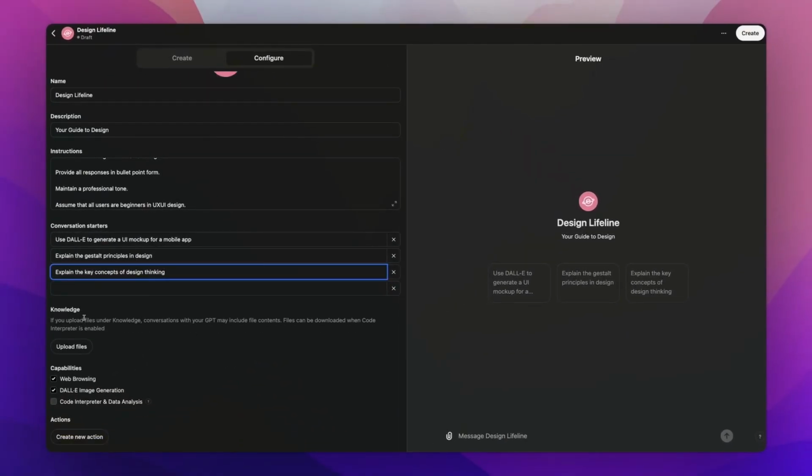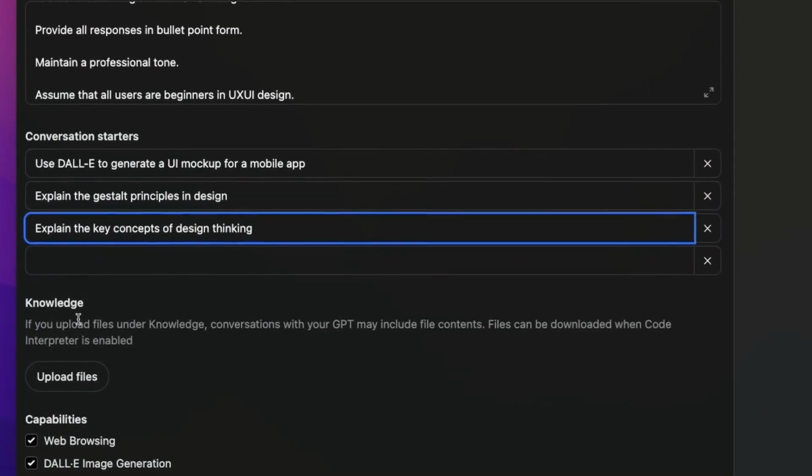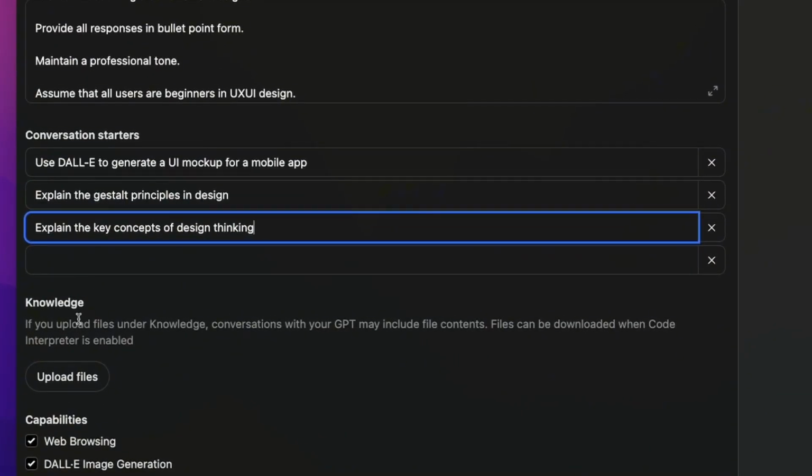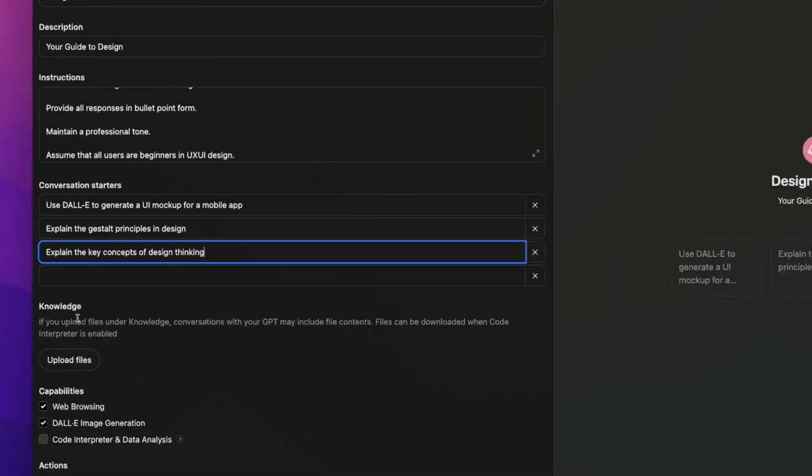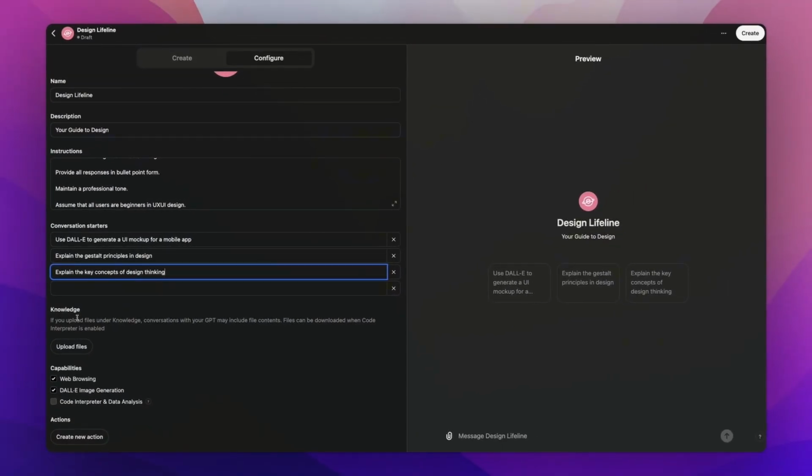The next point here is knowledge. Think about knowledge as the data that you're going to feed your custom GPT to make it as custom as possible. Now, of course, if you don't fill this in, the custom GPT will take liberties to just rely on OpenAI's LLM dataset. But if you do add some documents here, it will give a little bit more context to this